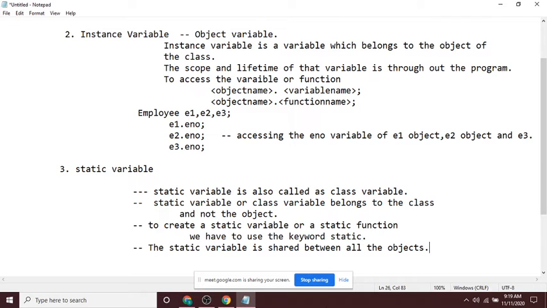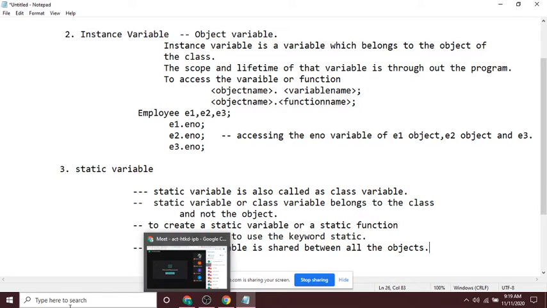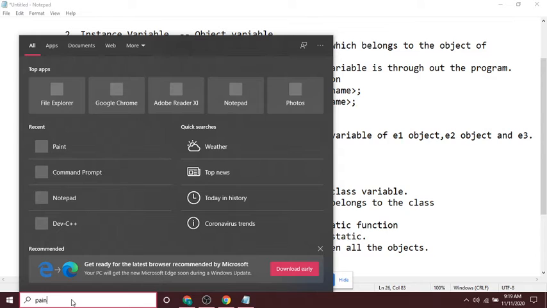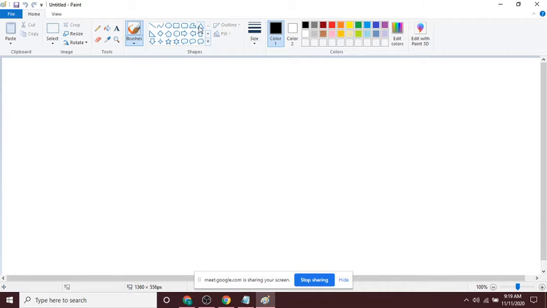For example, I will show you a small diagram so that you can understand easily. I am having a class. This is my employee class. What is my class name?